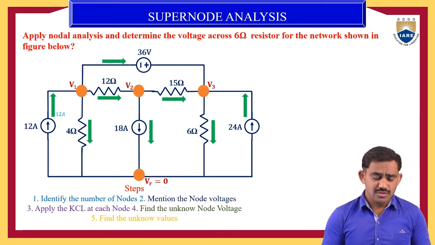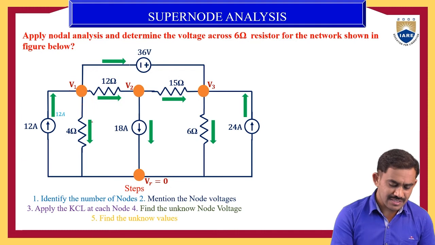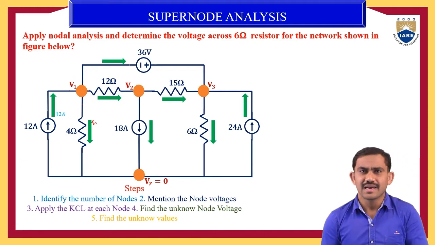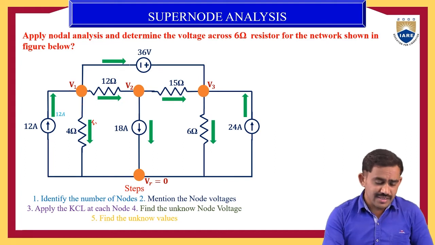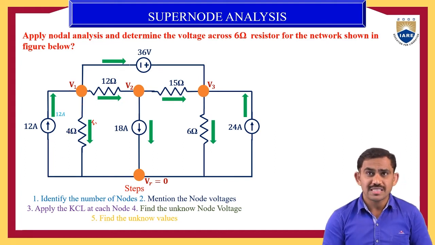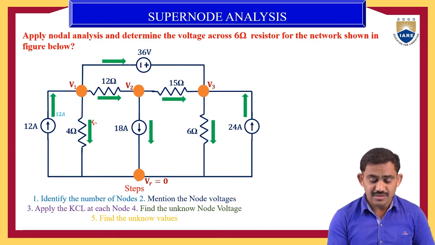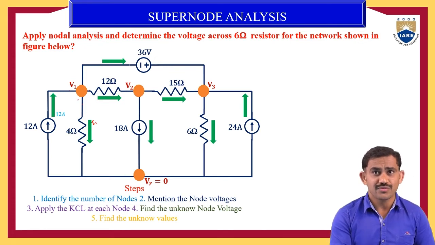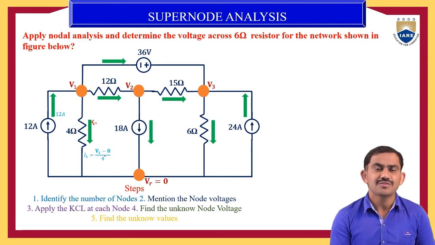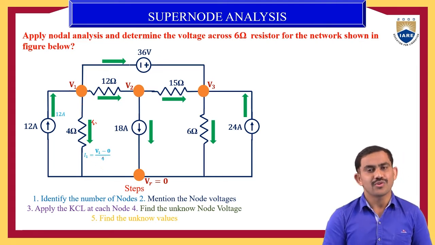Next, at 4 ohms, you say I1. What is the I1 value there? I is nothing but V by R, so we require the potential difference. In the 4 ohm branch, the potential difference is V1 minus VR. So we have voltage V1 minus VR divided by the resistor. That is your I1 current. So I1 is V1 minus VR. What is the VR value? 0, divided by 4 ohms.